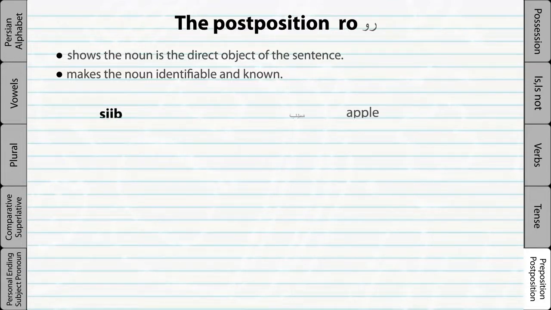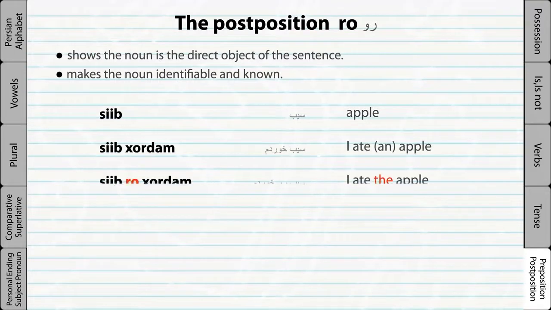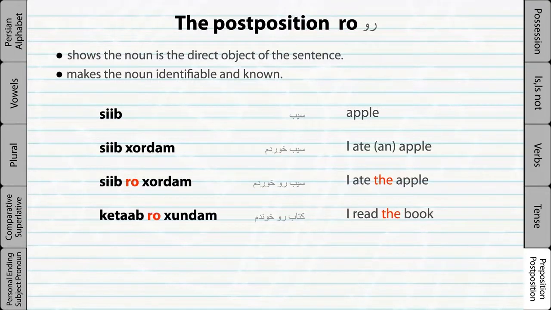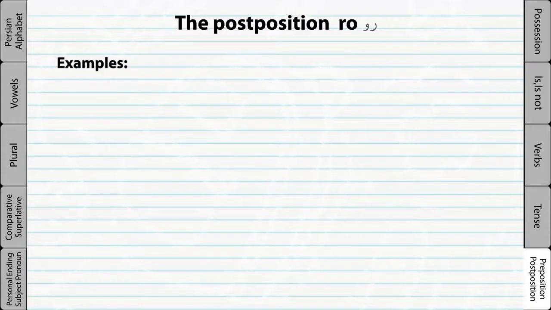For example, but the postposition ro cannot be used with a noun alone, like the English definite article the, and must be used with a verb and a subject. So kitab ro khundam means I read the book. Kitab ro does not mean the book and is grammatically wrong because it's not a complete sentence. So although postposition ro can work as a definite article, it should be used with a sentence and cannot be used alone. For example,